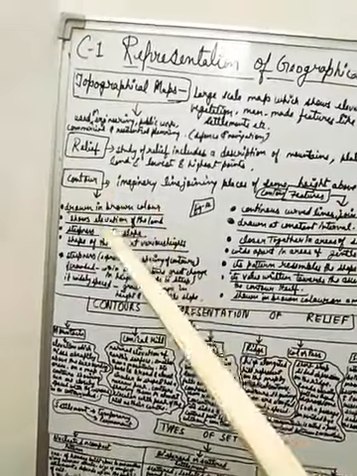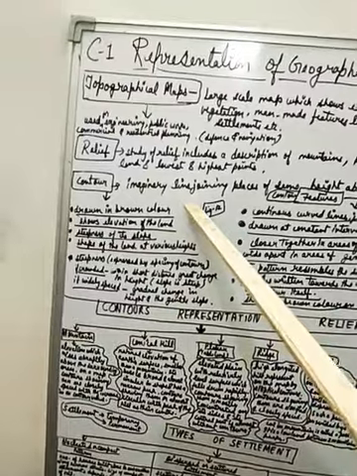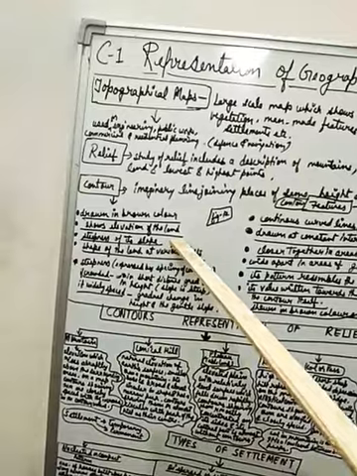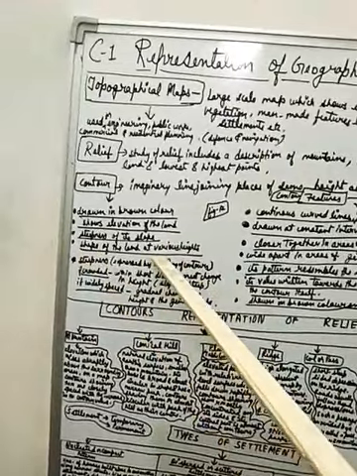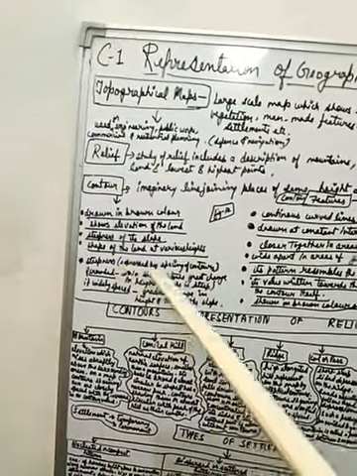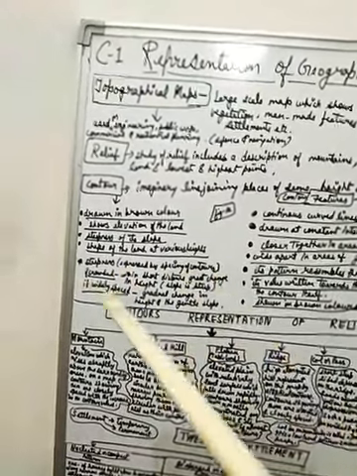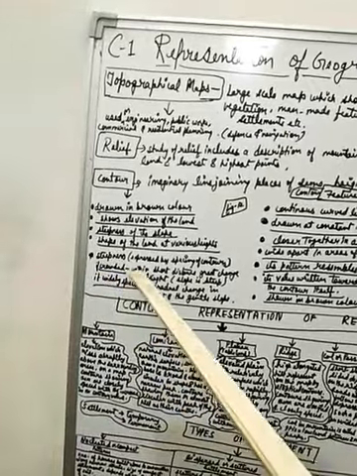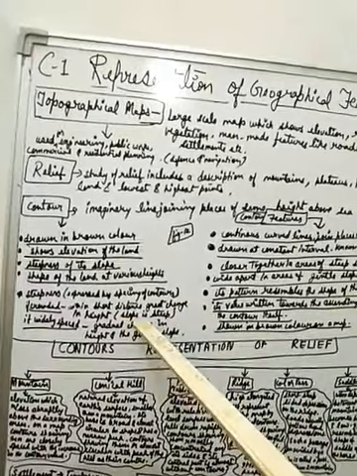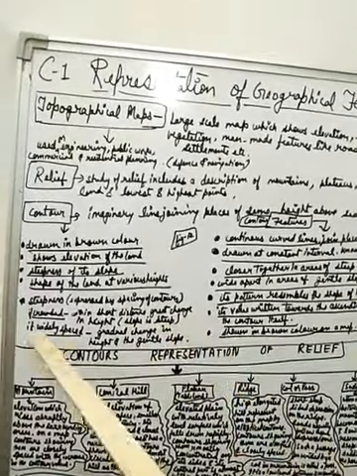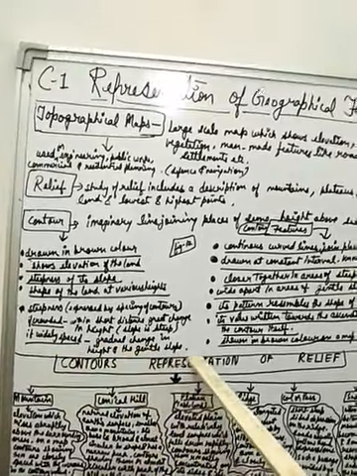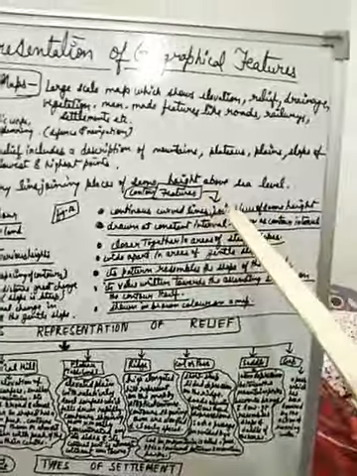A contour is drawn in brown color on the topo map, and it shows the elevation of the land, the steepness of its slope and the shape of the land at various heights. The steepness of slope is always expressed by the spacing of contours. If it is crowded, that means within a short distance there is a great change in height, that is, the slope is steep. If it is widely spaced, that means a gradual change in height and a gentle slope.